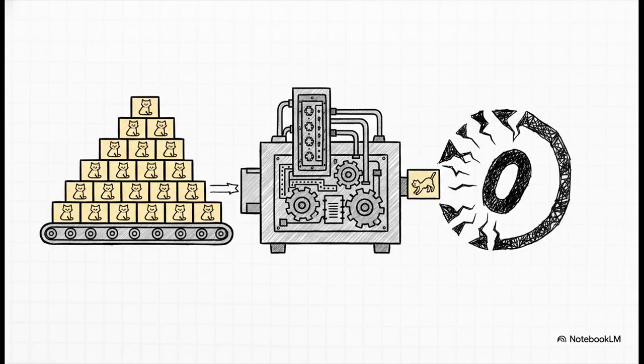But that shortcut creates a huge new problem, the sparsity problem. And by the way, this is a concept you really want to understand for any technical interview. Imagine your model saw "the cat sat" 1,000 times, but it never, ever saw the phrase "the cat pounced." Well, according to its math, that perfectly normal phrase has a probability of 0. That is catastrophic because it means the model thinks a possible sentence is totally impossible.